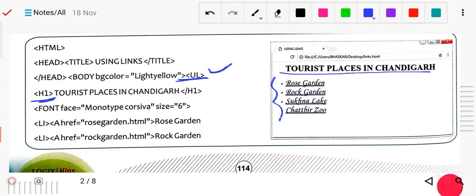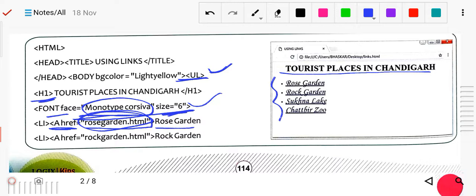Here you can see font face monotype, size 6. The font face is the type of font name, and size is 6. Now here you can see href rose.html, one web page, under the name, and you can see it is underlined. When you click on Red Rose Garden, it will open this web page. Here is the Rock Garden.